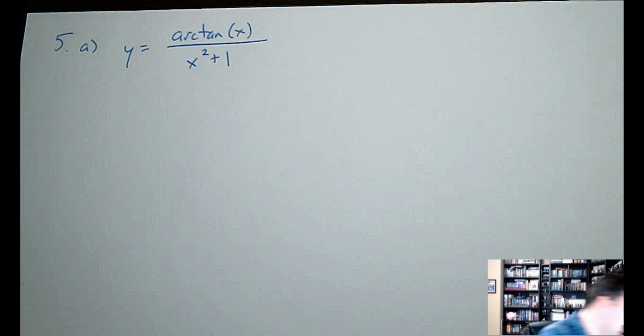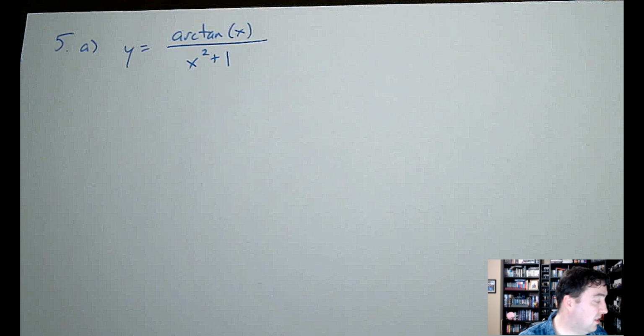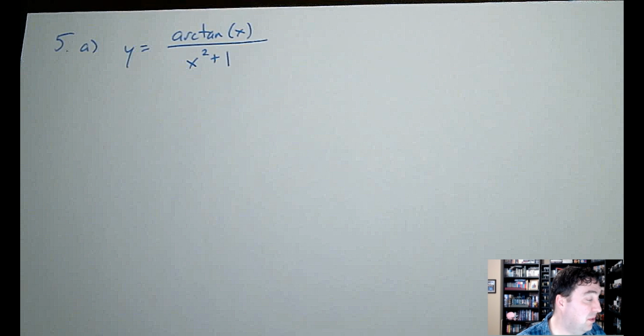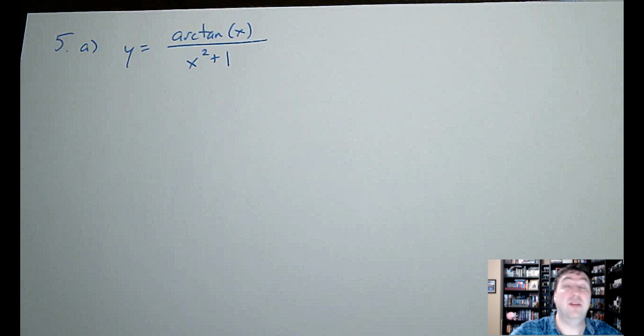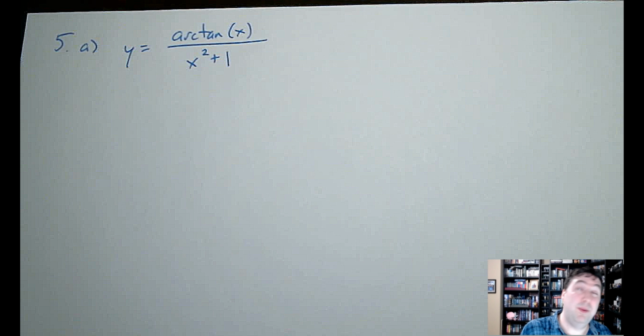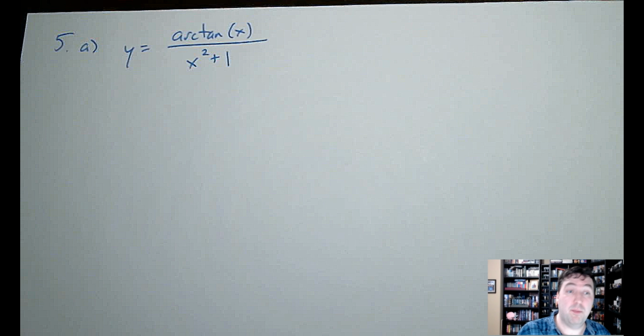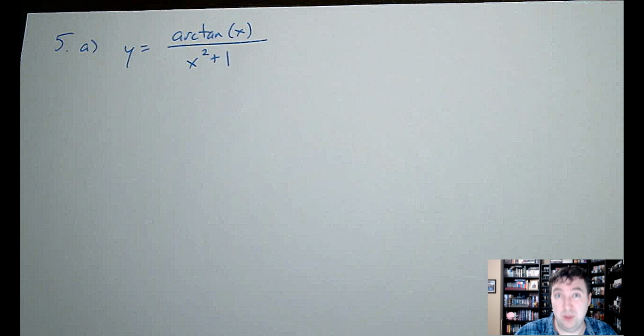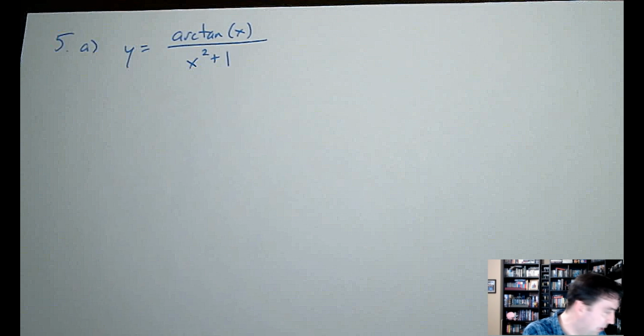And the first thing we should recognize here is that we've got a quotient, and this isn't a situation where it would make sense to rewrite it as a product, because then we'd have the arctan of x times x squared plus 1 to the negative 1, which means we'd be trading off the quotient rule for the product rule plus the chain rule, which probably isn't a good exchange. So that's fine. We'll use the quotient rule,